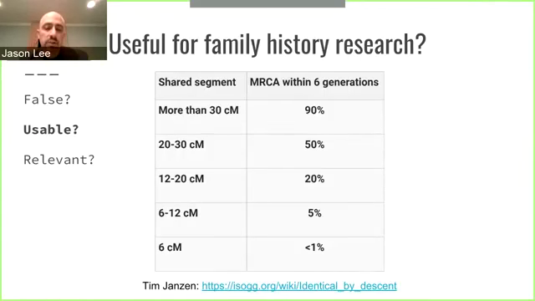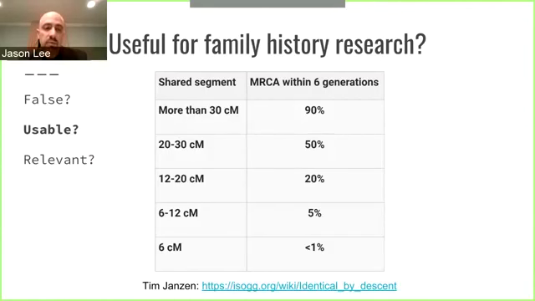We still have to contend with whether it's a match that's going to be useful for us in our family history research, because many of these small centimorgan matches are going to be from shared ancestors who are well beyond the scope of our research and too many generations back to be of any use in our research. So with the 6 centimorgan segments, we may have a shared ancestor within the past 6